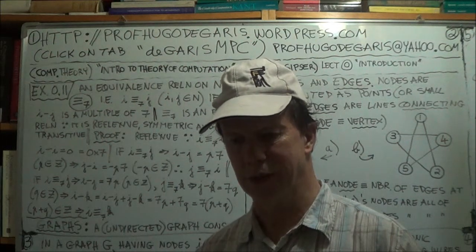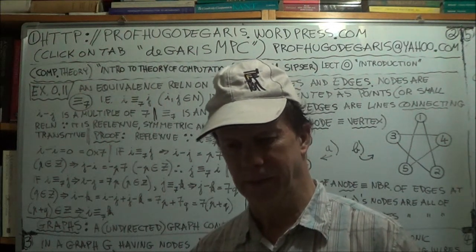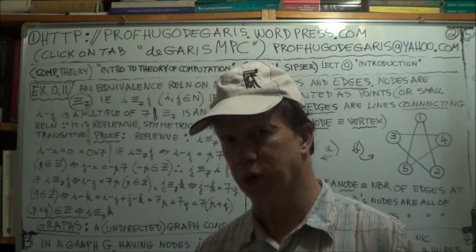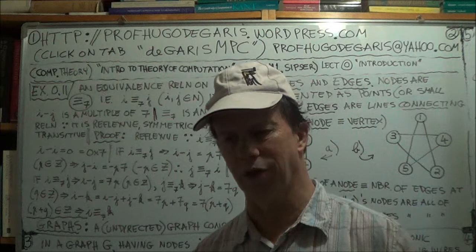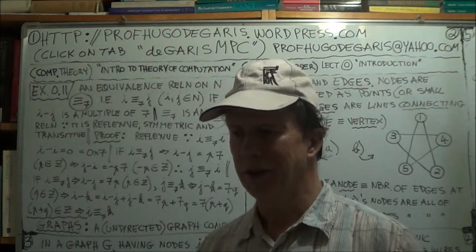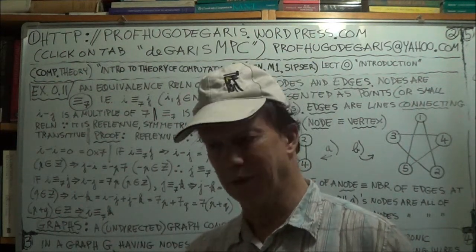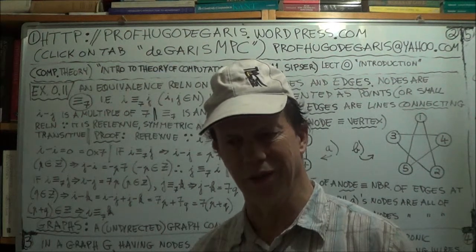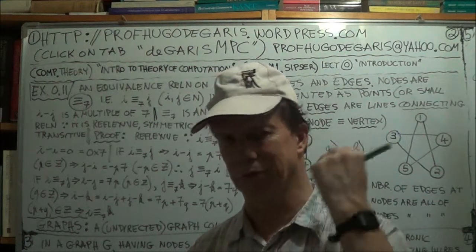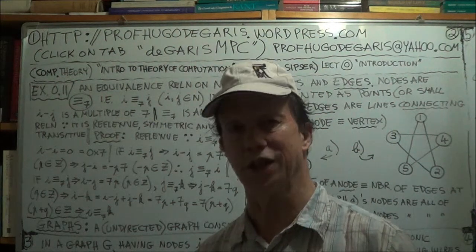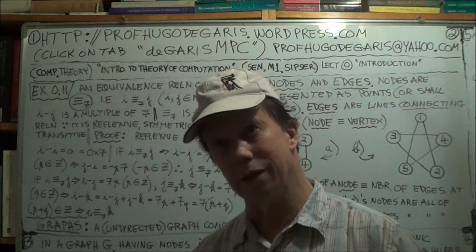The first one is graphs. What is a graph? Now, it has a technical meaning. It's not the usual graph that you draw on a blackboard, curved lines and stuff. It's not that kind of graph. It has a technical meaning. We'll explain it in the next few sessions. And the second one is